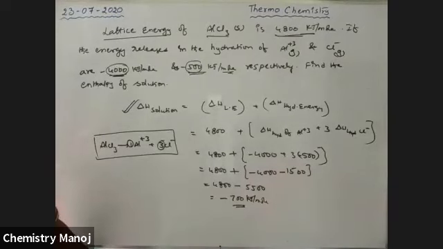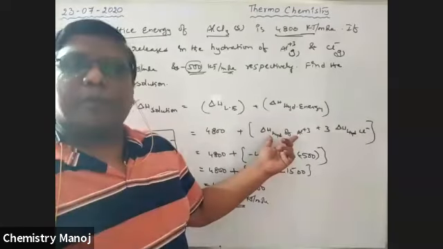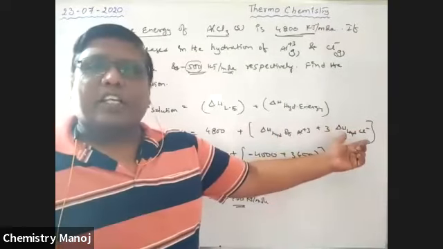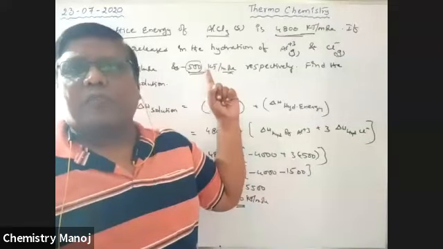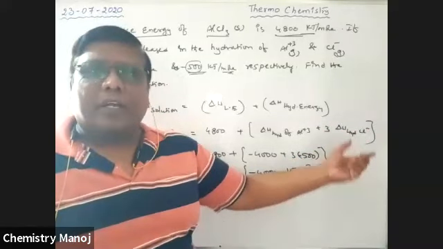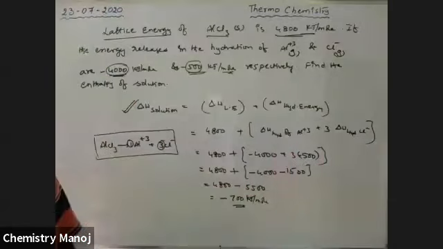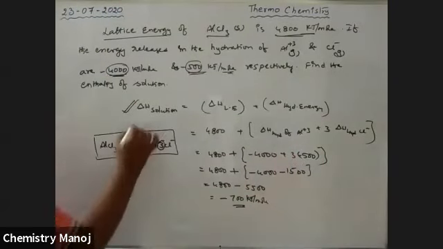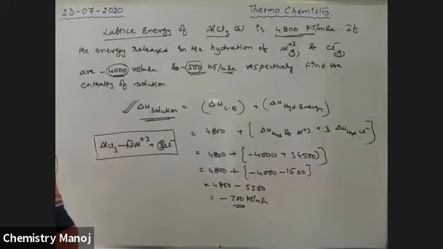So it is very, very important, my boys. Delta hydration energy means hydration enthalpy of Al3 and hydration enthalpy of 3 more Cl, only that value is per mole. That much value is equal to total Cl minus hydration enthalpy. The sum of that value is the total hydration enthalpy. So finally we will get the answer. This is the enthalpy of solution.